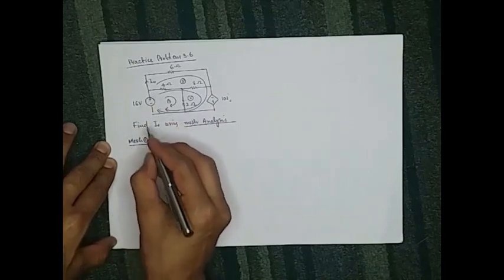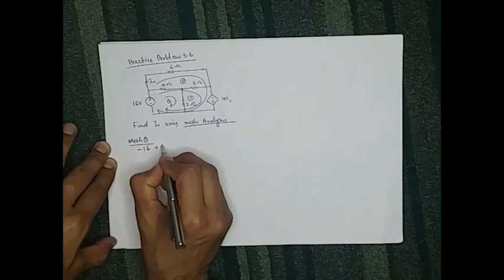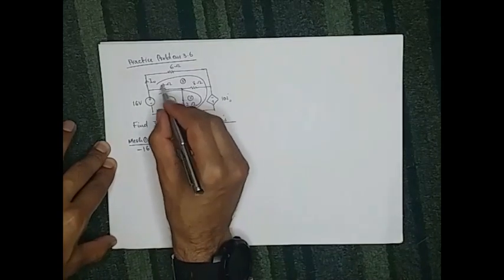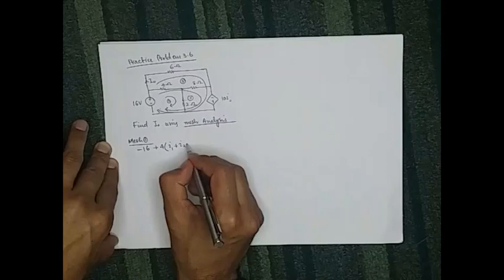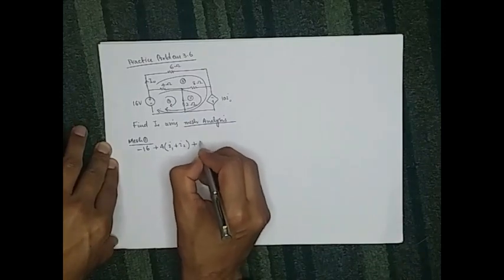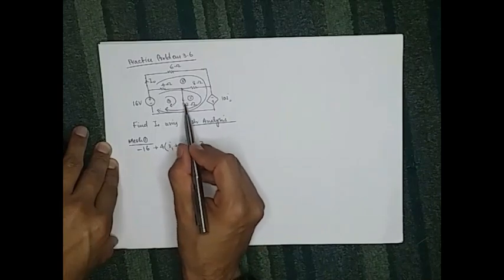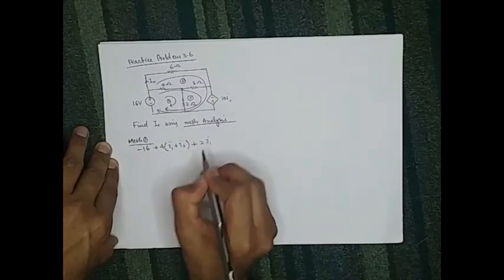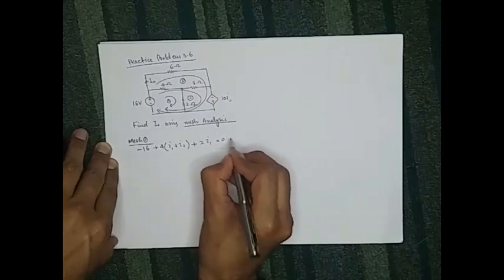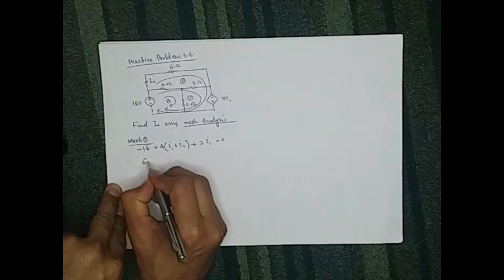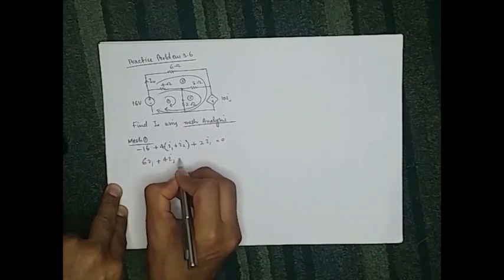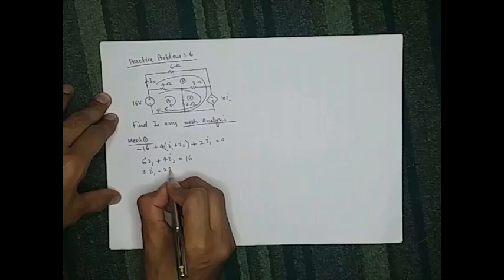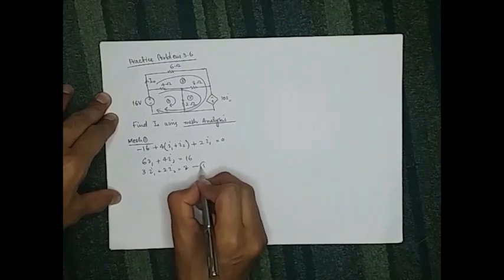इसके लिए KVL इक्वेशन लिखेंगे। KVL इक्वेशन कैसे होगी? -16 प्लस 4 में से I1 भी पास कर रहा है, I2 भी पास कर रहा है, लेकिन I3 पास नहीं कर रहा है क्योंकि I3 बाहर से जा रहा है। ठीक है, प्लस 2 में से सिर्फ I1 पास कर रहा है, I2 बाहर से जा रहा है, इसलिए यहाँ से सिर्फ I1 पास करेगा, इज़ इक्वल टू 0। सो I1 4 + 2 is 6, I1 + 4 I2 इज़ इक्वल टू 16। इसको हम मज़ीद सिंप्लीफाई कर सकते हैं। 3I1 + 2I2 इज़ इक्वल टू 8 और दिस इज़ आवर इक्वेशन 1।